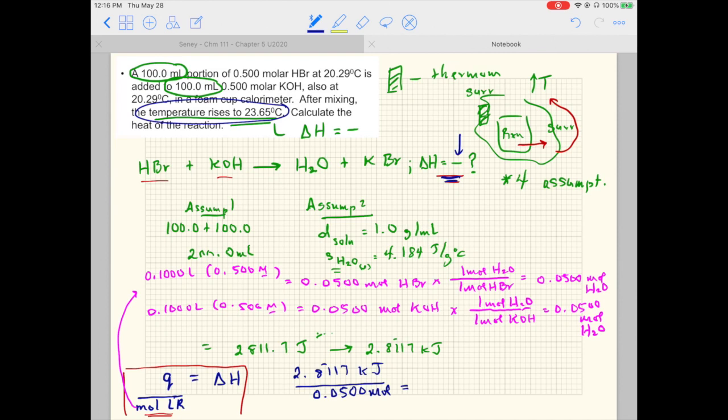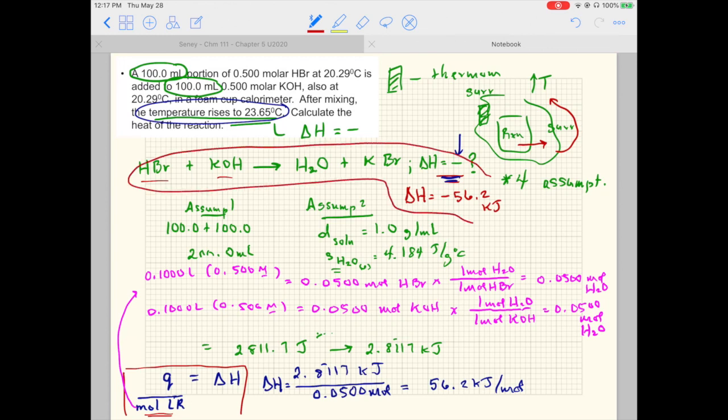And for this, my delta H ends up being 56.2 kilojoules per mole. Now this delta H is based off of the stoichiometry of a balanced equation. So now I can plug that into my above equation. So I'll end up with delta H is equal to negative, because we already assigned that, 56.2 kilojoules per mole. And again, I can drop the mole because I know that it's based on the stoichiometry